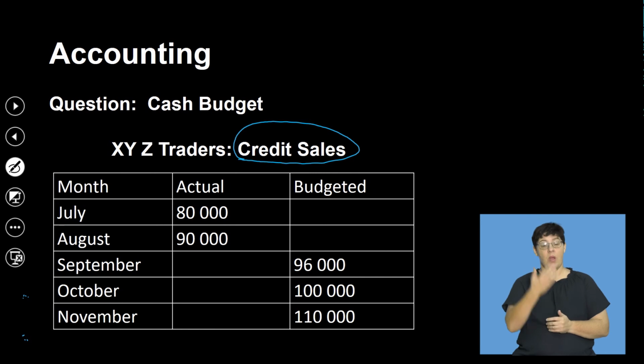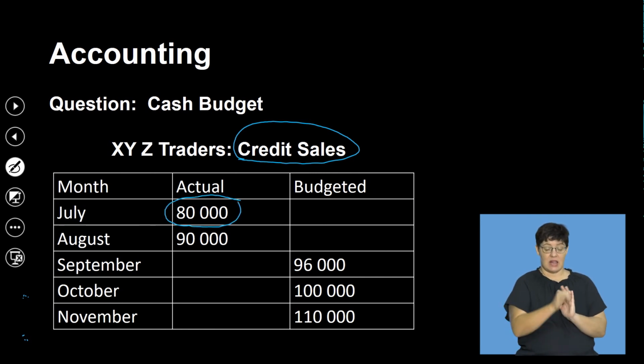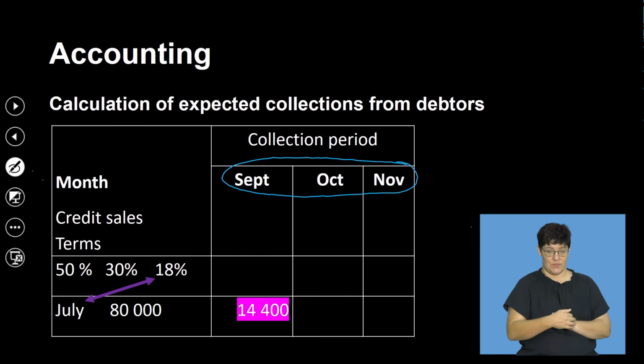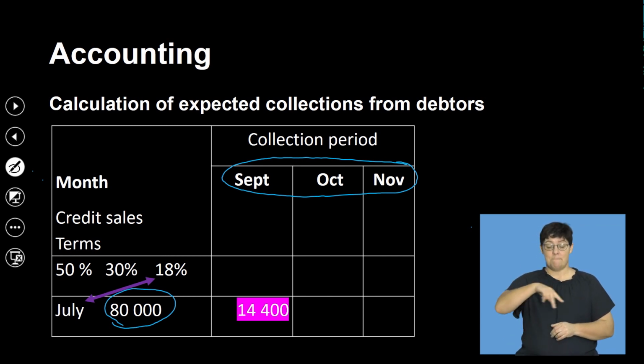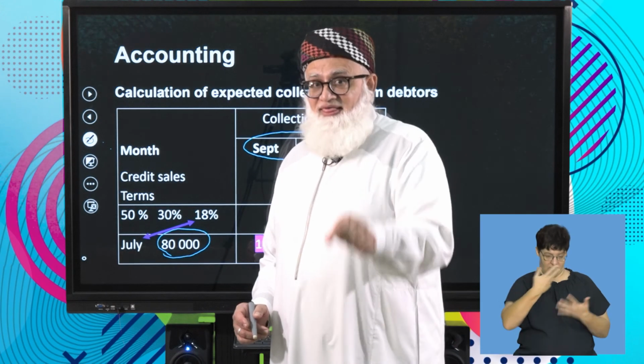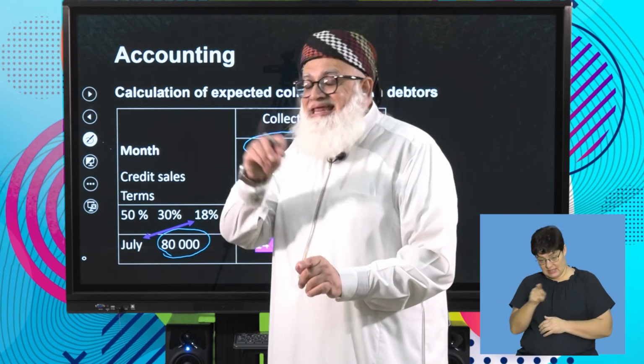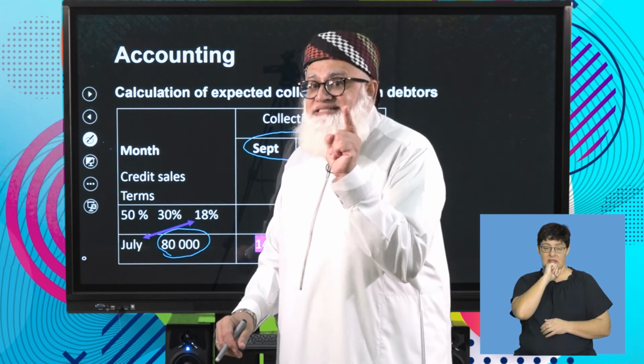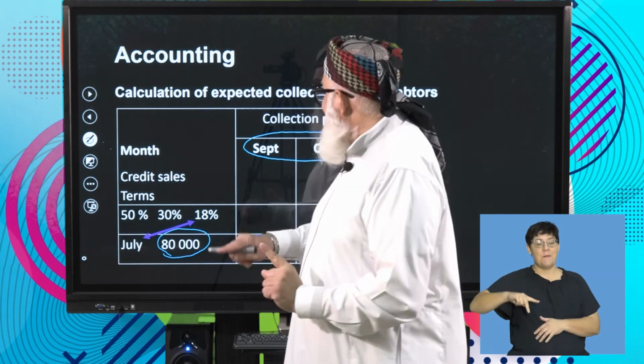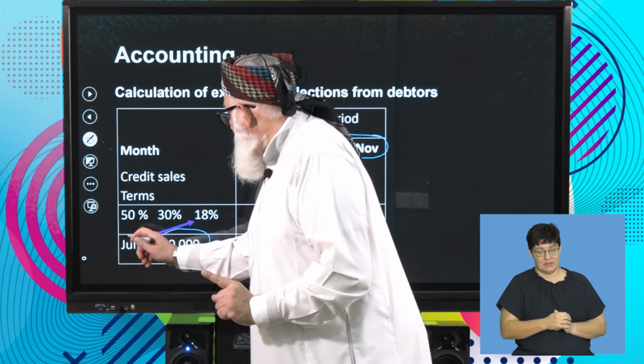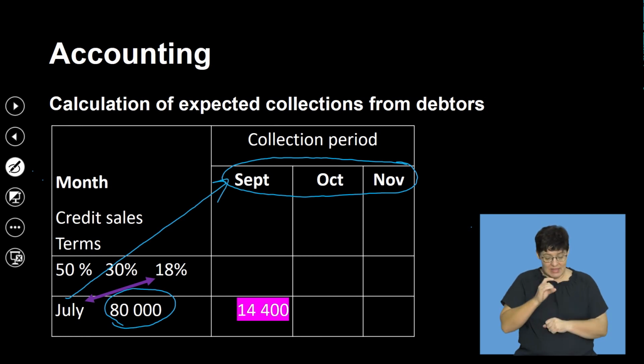I know that my actual credit sale for July was 80,000. Therefore, watch, I start off with my 80,000 as my starting point. And what do I know? How are my debtors paying me? They pay me 50%, so 50% would have paid me in July. 30% will pay me in August, and 18% will pay me in September. Does that July impact on September? Certainly it does. How? By taking our